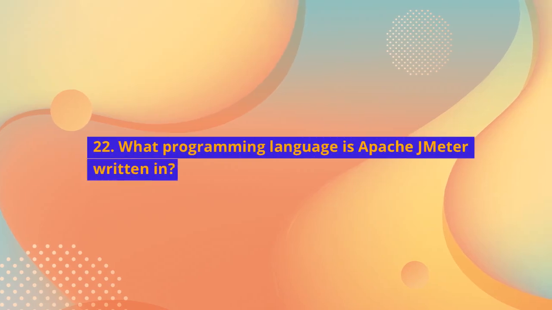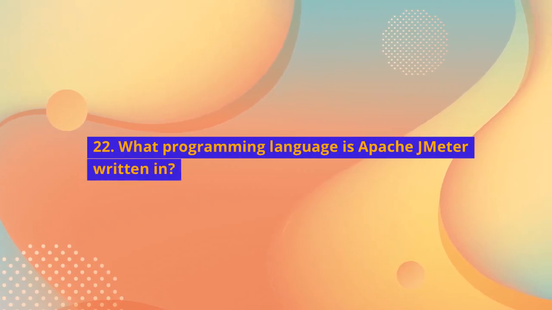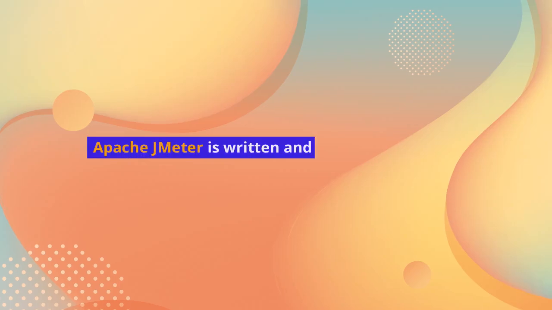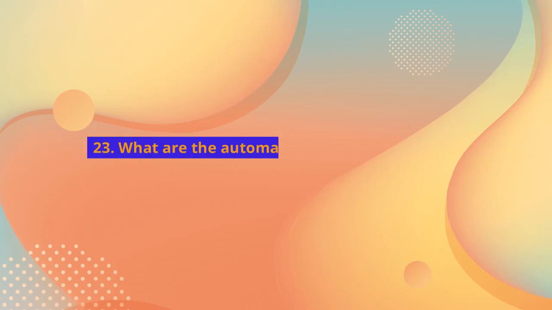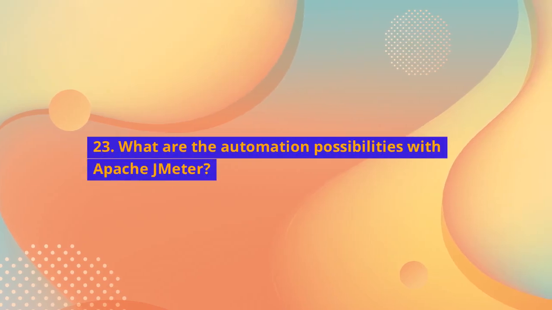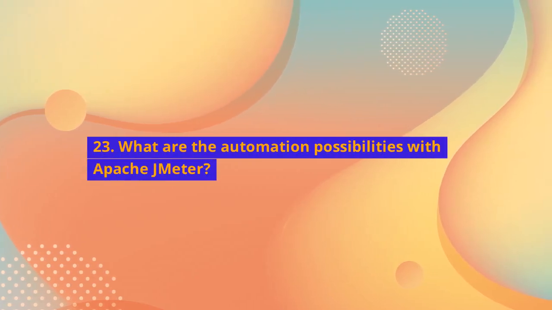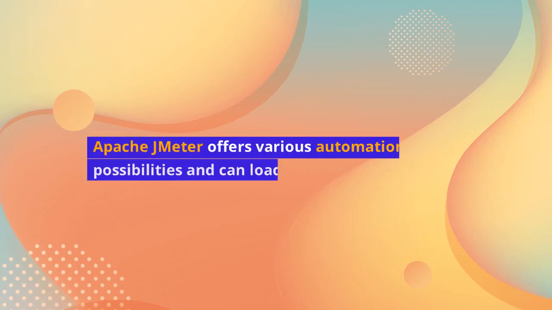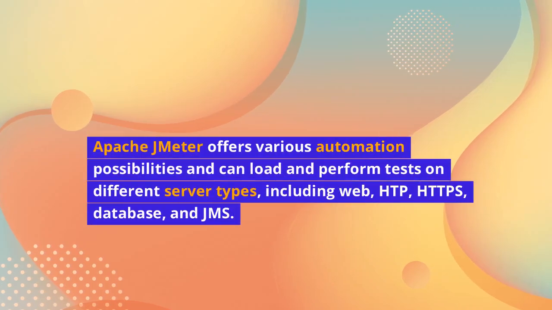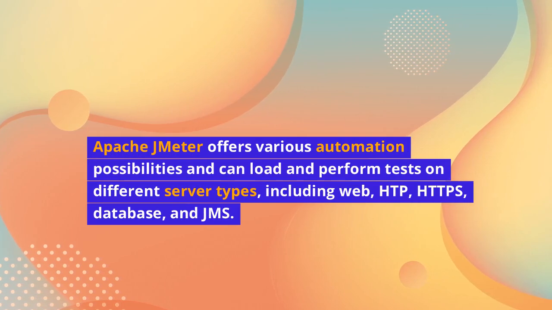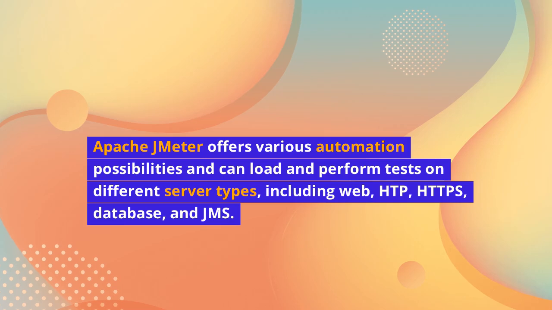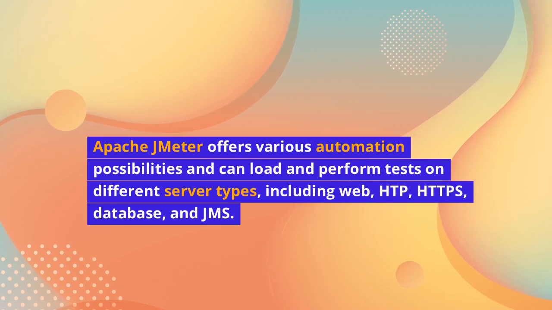22. What programming language is Apache JMeter written in? Apache JMeter is written and developed using Java. 23. What are the automation possibilities with Apache JMeter? Apache JMeter offers various automation possibilities and can load and perform tests on different server types, including web, HTTP, HTTPS,